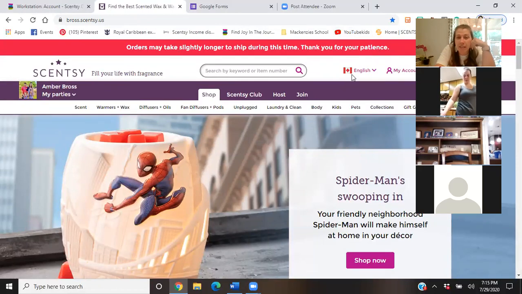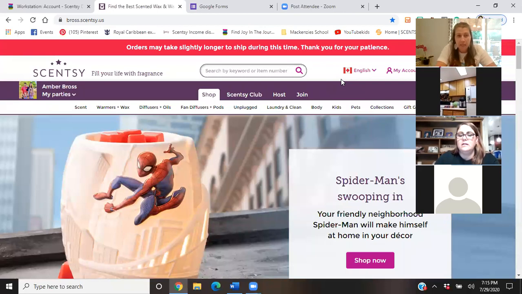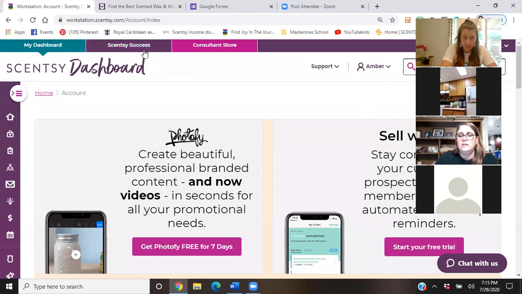Okay, so you can see now I have a Canada flag. So if somebody from Canada wants to order or join, I would just send them my normal link. We're still trying to figure out if I send it to them, if it's going to just automatically pull up Canada or if they're going to have to change this to Canada. I don't know that quite yet, but what's really cool about this is if I go on my workstation and I change it,